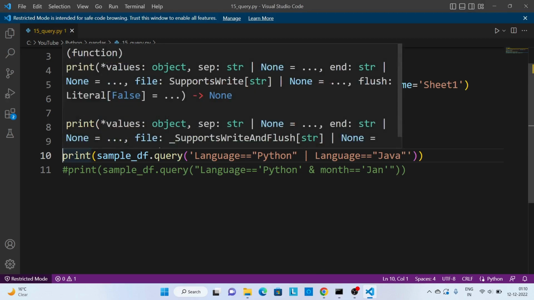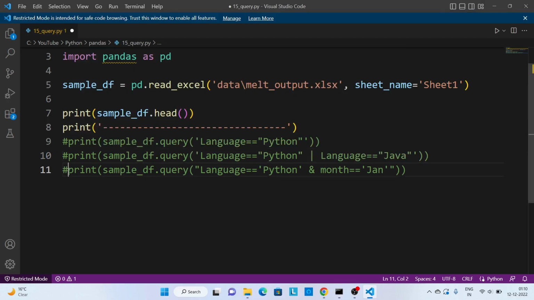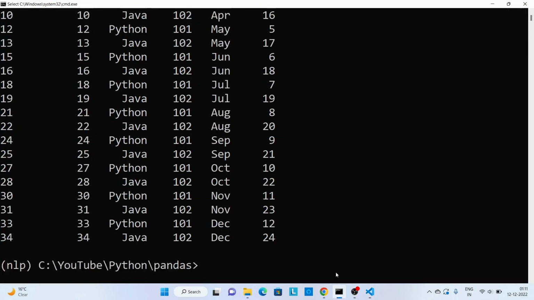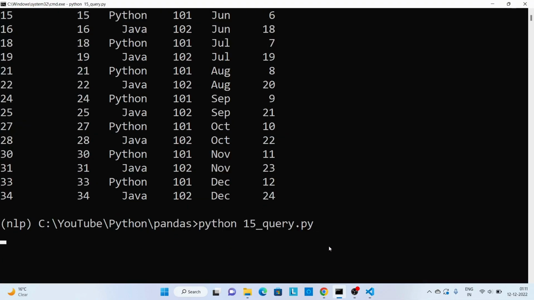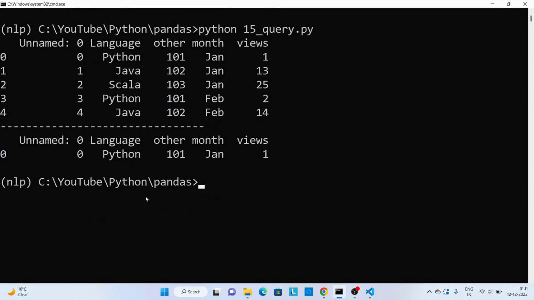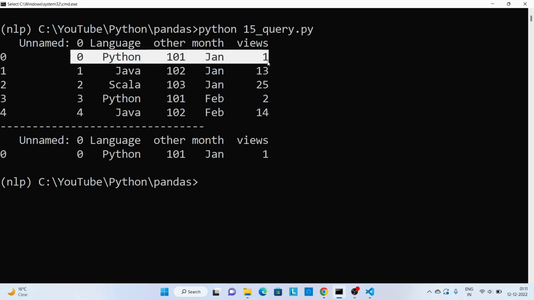Let's comment this one and execute the last part, where you can see we got only those records where language is Python and month is January. There is only one such record.